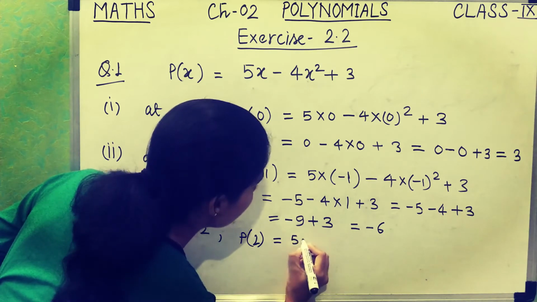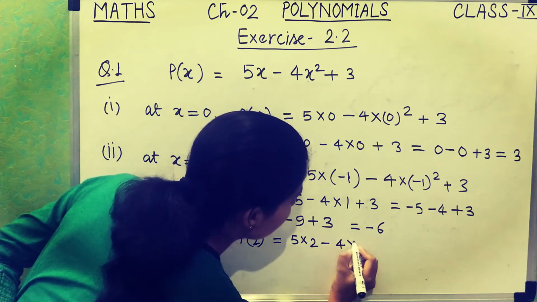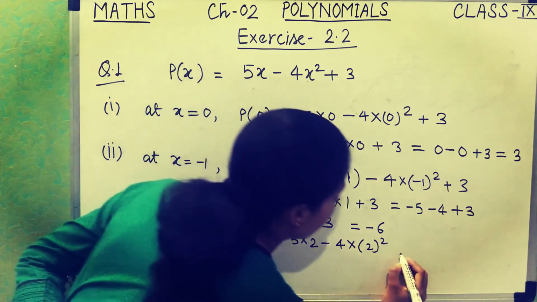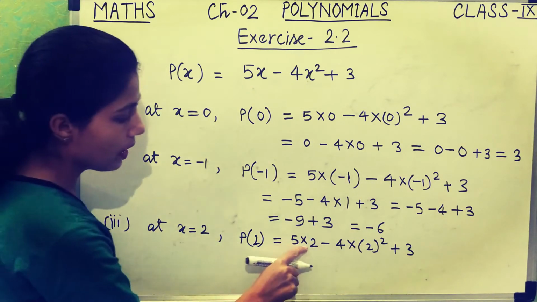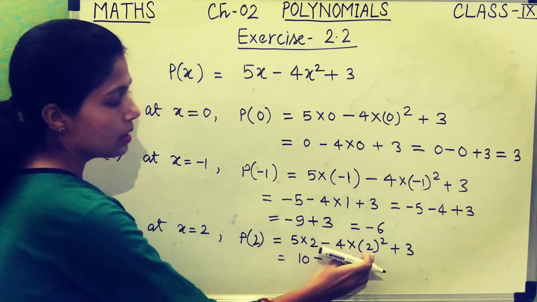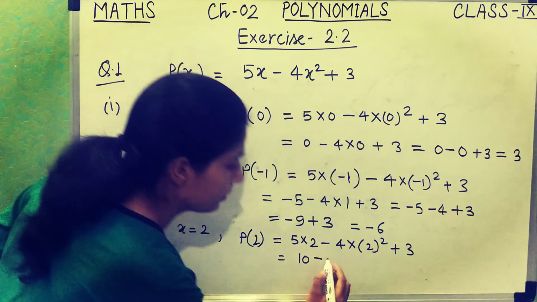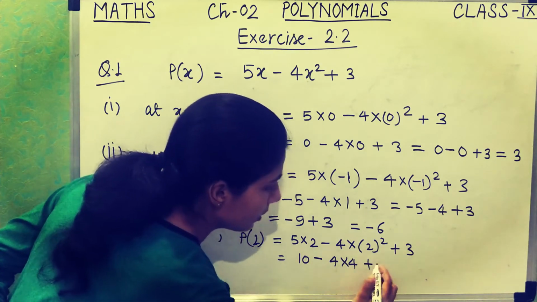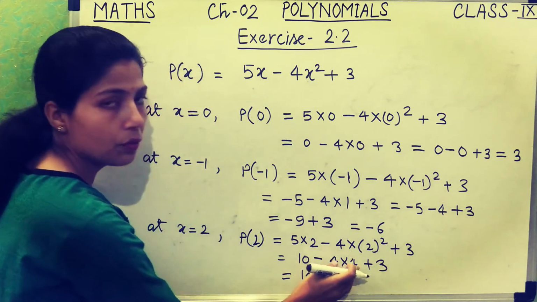So 5 into 2 minus 4 into 2 square plus 3. Okay, so 5 2s are 10 minus the square of 2 is 4, so 4 into 4, plus 3. So 10 minus 4 into 4 is 16,